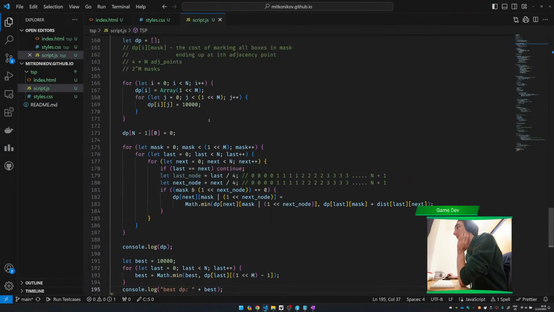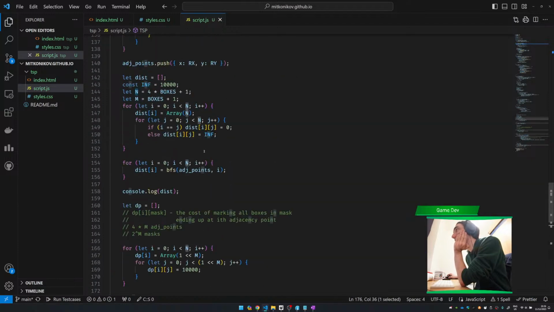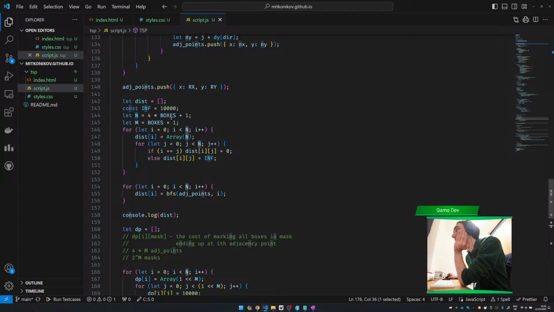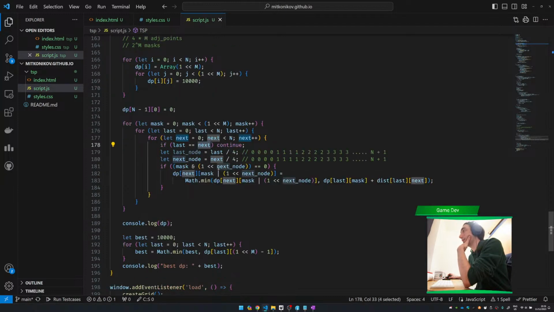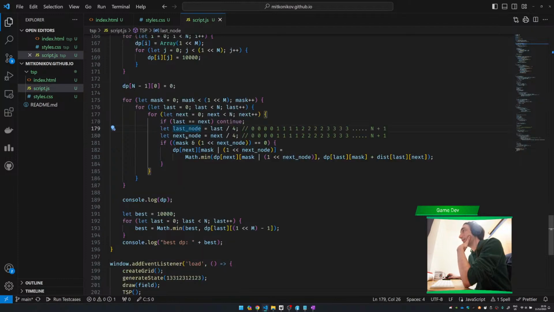Okay, let me check our salesman problem. So we go up to M. This is the boxes plus 1. N is how many of these we account for, like the adjacency points around the boxes. This is the last, this is the next. If they're equal, I don't care because I won't spend time there. Last node and next node. So if the next node is already visited,